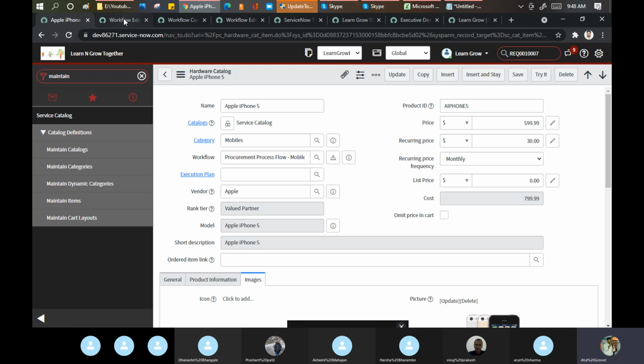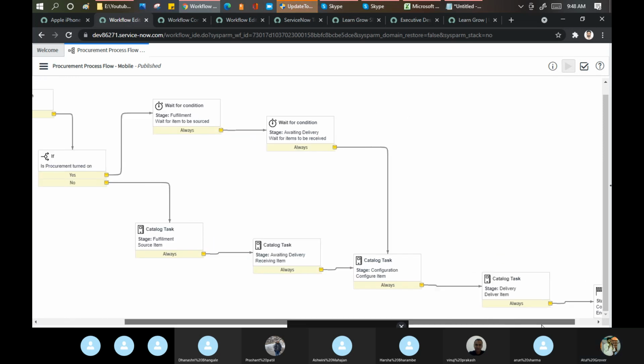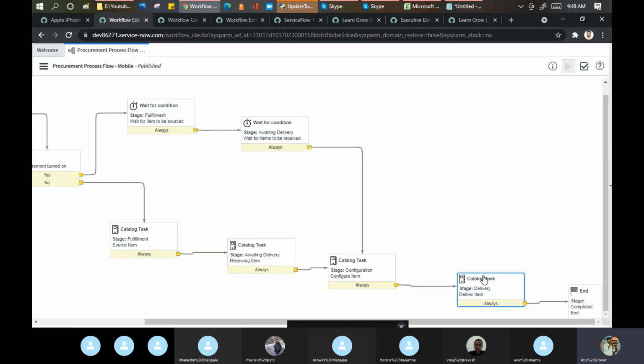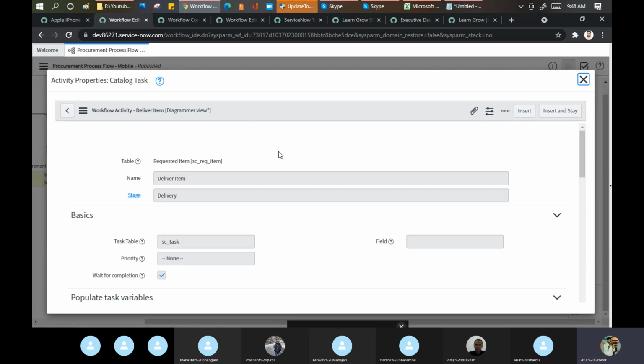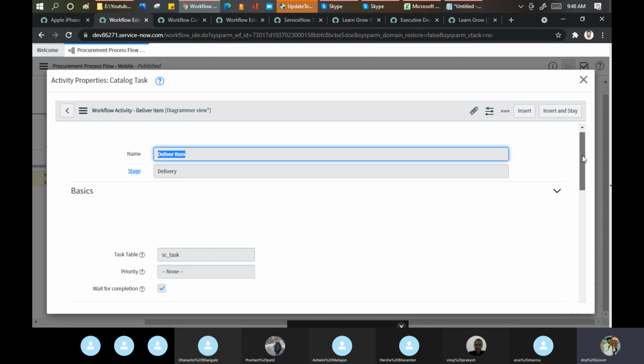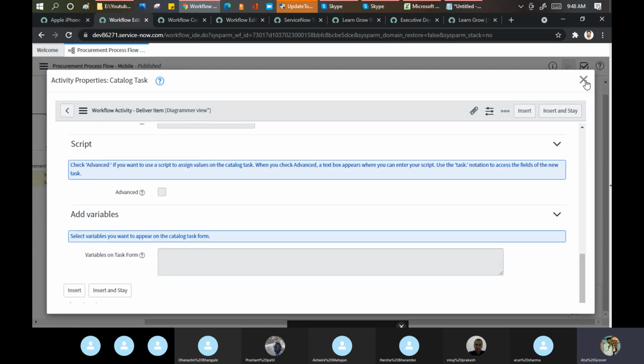We are so smart now, we can read: this means this, and this task will be created. You can see on which level the task will be created and which group it is assigning. See, it is assigning to field services, with short description delivered to customer.